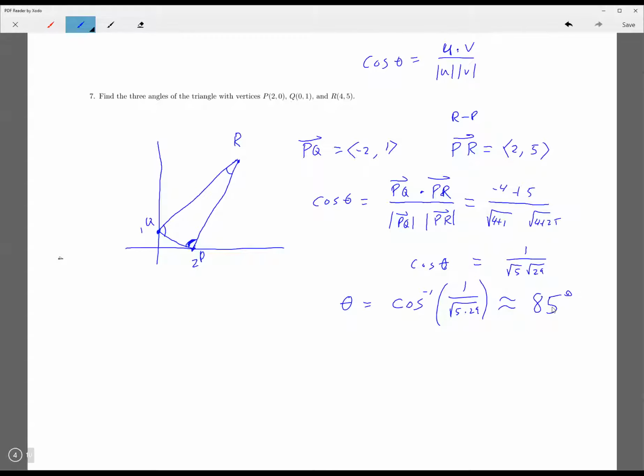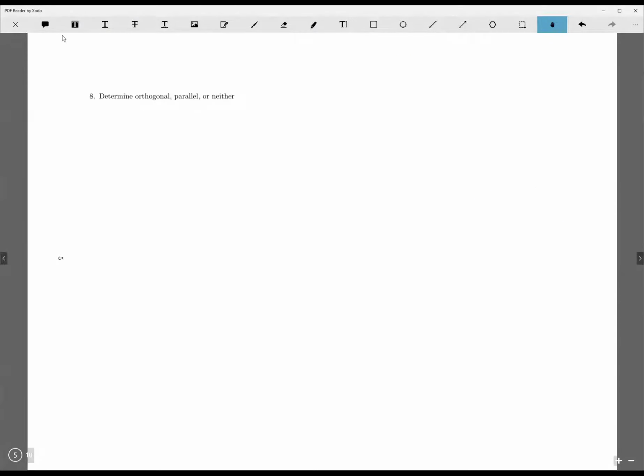That's kind of a big angle. So that means that this is a pretty big angle. This is also going to be big, and this is going to be small, really small. Okay, we're supposed to find the other angles, but we're going to cut it there and go on to the next problem. You guys can find the other ones later, or now, I guess. Okay, so this one right here, the next section,